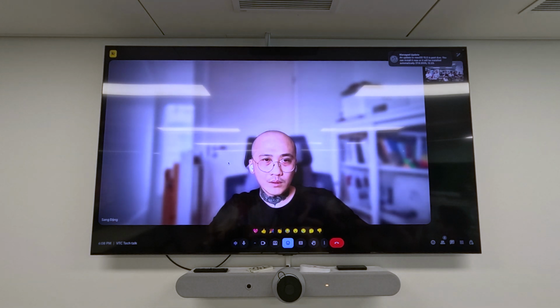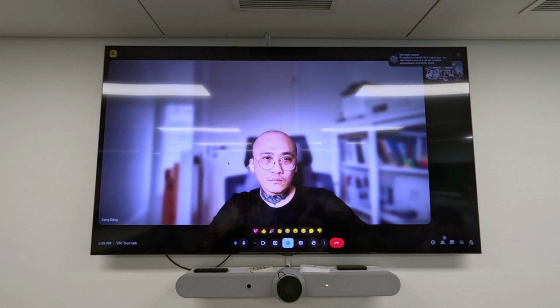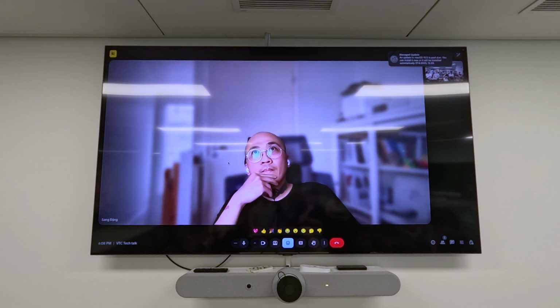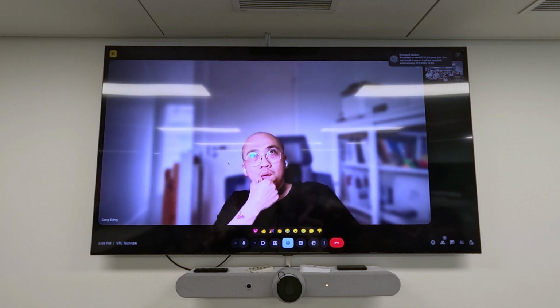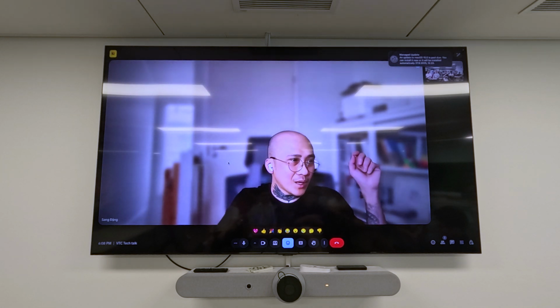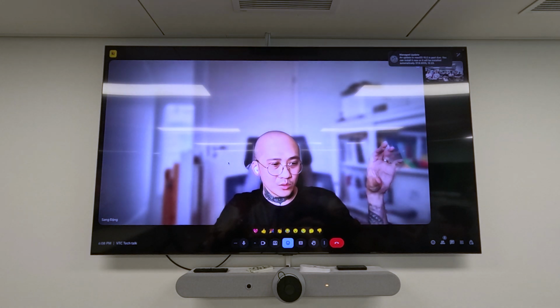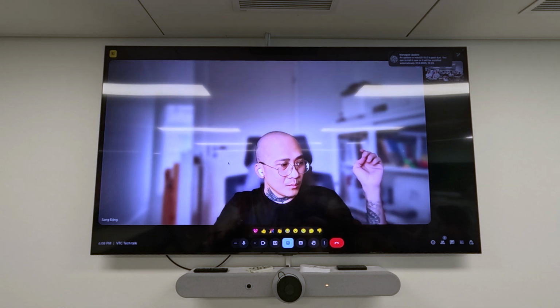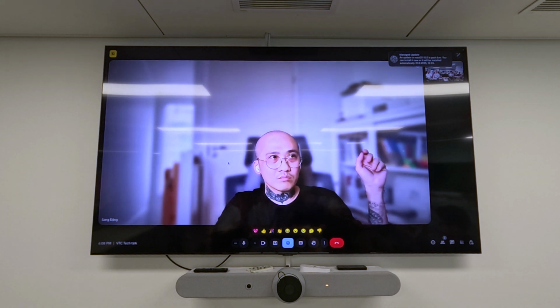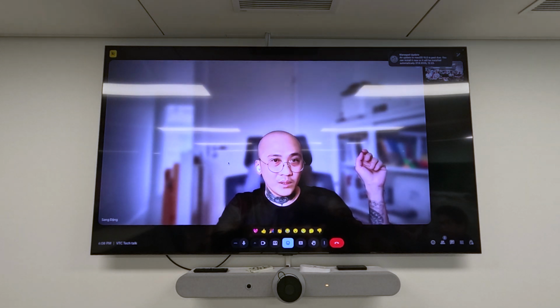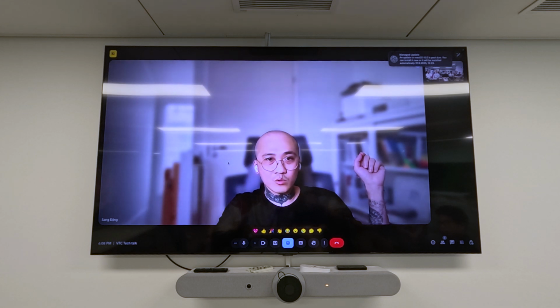Does Cursor go through every MDC file in the rules, and do you notice if there's a trade-off in terms of the speed of the response when you have a lot of rules? To be honest, I think no. I'm not sure how Cursor does it behind the scenes, but in some projects I have up to 20 rules, and it has the same speed as in a project where I had 0 rules or just 1 or 2.